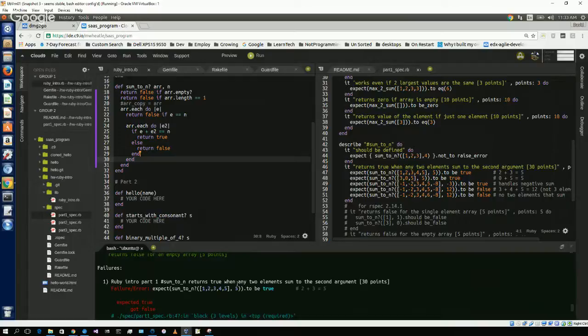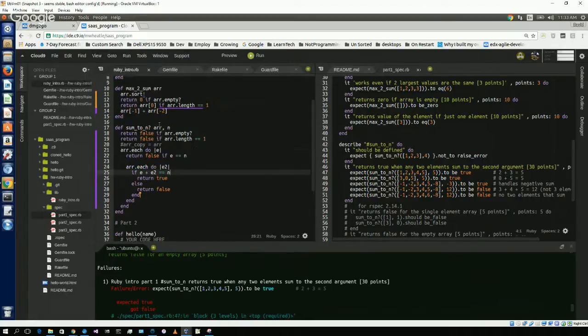E plus... it's a simple example. 2 plus 3 should equal 5. How come? Passing an array, passing an n. Let's say if E is do,